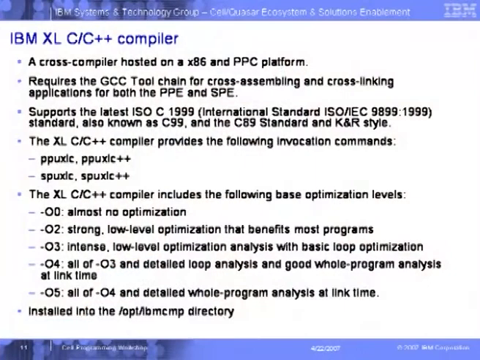SPEs have a different kind of vector instruction support available, and we'll be going over some of those instructions very soon. Because they are so different architecturally, they need different compilers. The PPE has 32 SIMD registers, whereas the SPE has 128 16-byte wide registers. SPE has a unified register file, whereas PPE has different registers for handling fixed point computations,